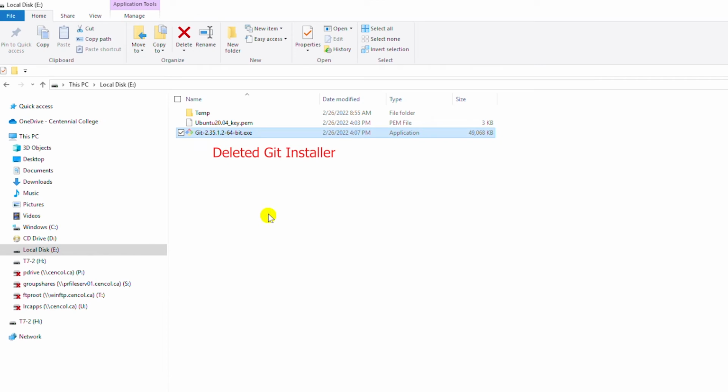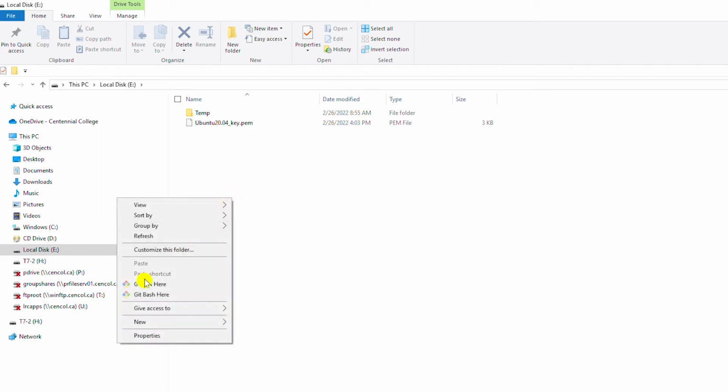I can delete this one since I have it already installed. If I right click anywhere on the file explorer, I will see an option Git GUI here or Git Bash here. I will select Git Bash here,